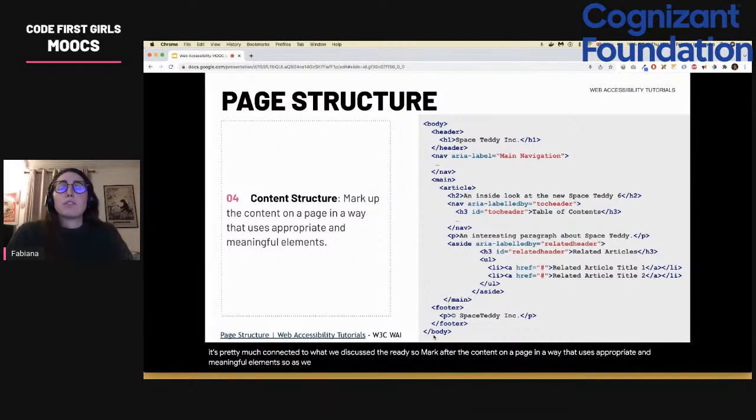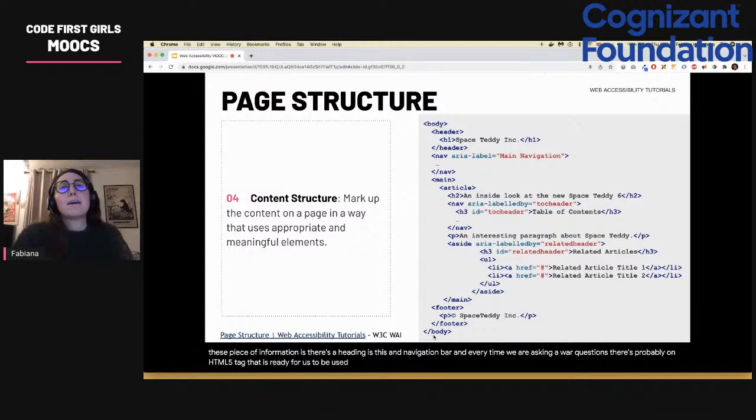As we mentioned already, when we are writing down the content, we need to think about what this piece of information is. Is this a heading? Is this a navigation bar? And every time we are asking our questions, there's probably an HTML5 tag that is ready for us to be